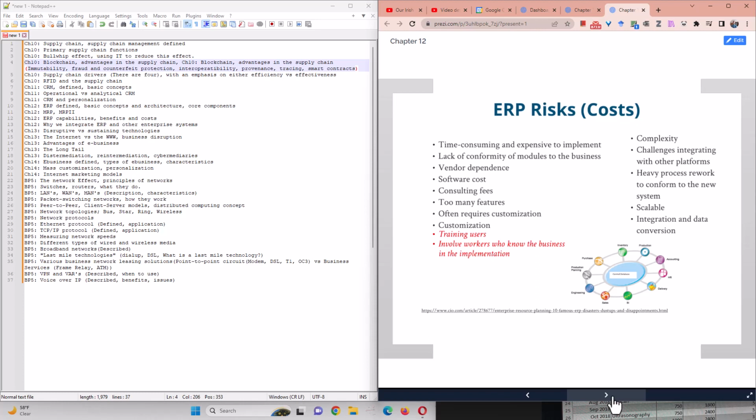Recognize that this has become your digital nervous system. The organization has adopted as its digital nervous system a software product that is produced by a vendor. You are very dependent on that vendor to continue to maintain and evolve that software. The licensing of it is going to be expensive. You're going to pay consulting fees because implementing one of these is a specialized skill,